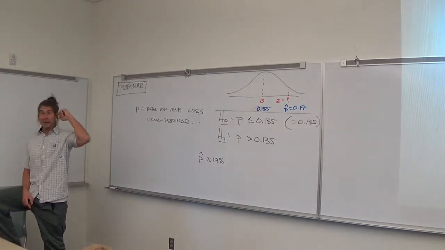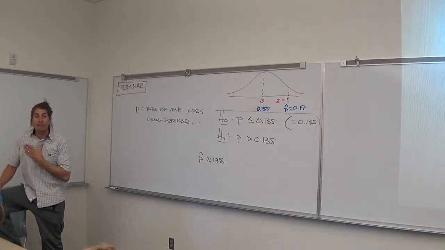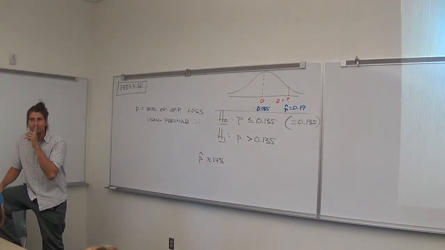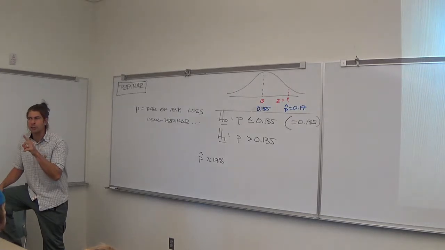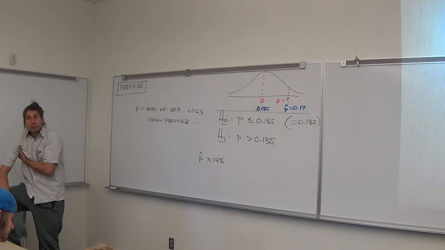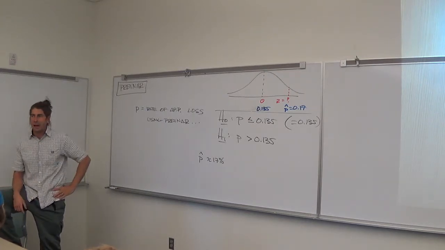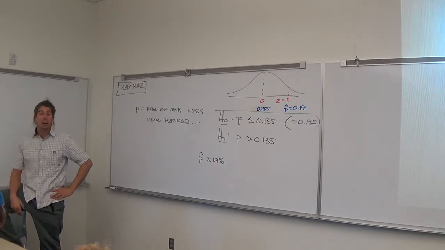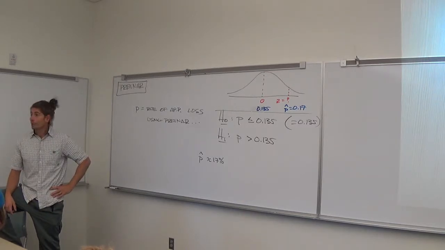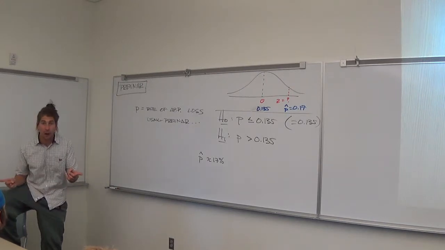What would a type 2 be? Oh, time out, time out. In order to make a type 1 error, how big would your p-value have to be? I'm getting ahead of ourselves a little bit here. In order to make a type 1 error, in other words, in order to make a false positive result, how big of a p-value would you have to have? Big or small? Let's answer it that way. Big or small? Small. Vote for small. Vote second for small from Anna, thank you. Yeah, it has to be, right?